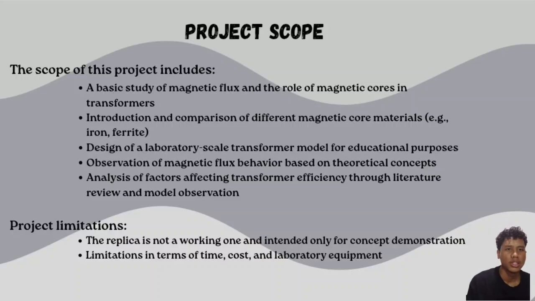Our project scope includes a basic study of magnetic flux and the role of magnetic cores in transformers, introduction and comparison of different magnetic core materials such as iron and ferrite, the design of a laboratory scale transformer model for educational purposes only, observation of magnetic flux behavior based on theoretical concepts, and analysis of factors affecting transformer efficiency through literature review and